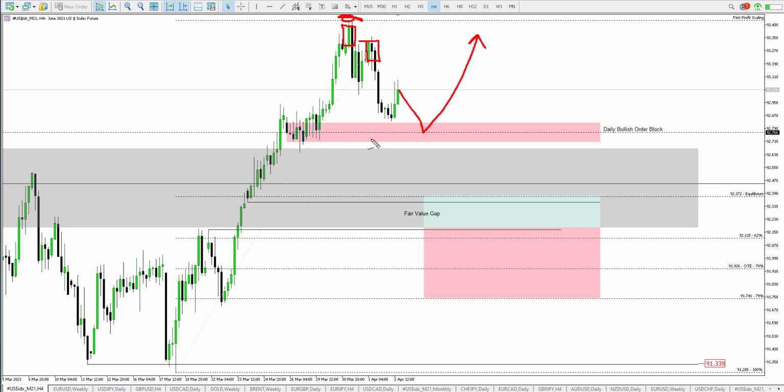So I hope you have now seen what I'll be hunting for when it comes to dollar index. Yes, I'm anticipating another drop to the downside, and only when price drops into these discount zones that I've highlighted, then I'll be reading the price action, looking at the forex calendar to see any fundamentals that are going to support the dollar to push to the upside. But for now, expect a reversal to the downside. I wouldn't anticipate dollar to reverse all the way to 91.35 at this moment in time. I do believe we still have a leg up to push to the upside,